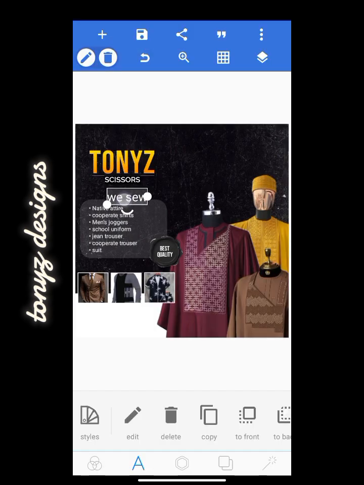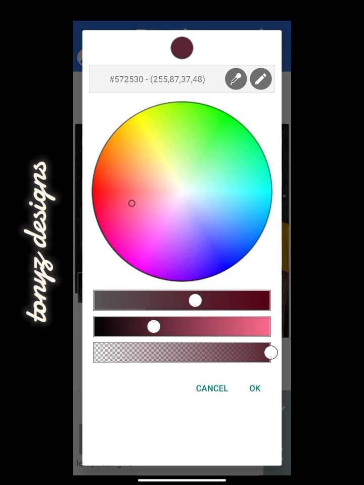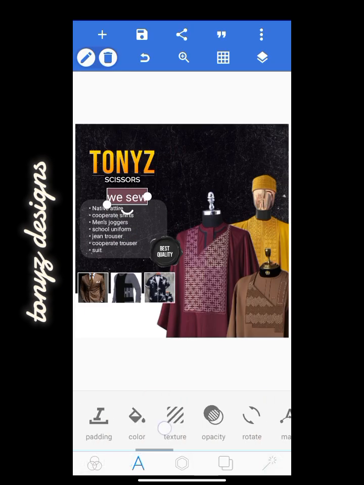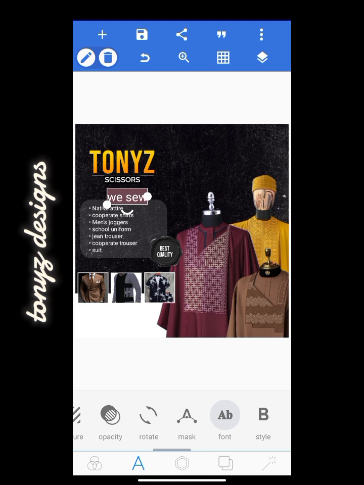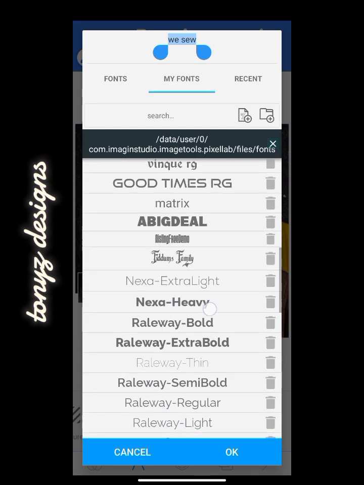okay, and we'll be adding a background to this also. So we'll go over to background, enable a background, and make use of this particular color. Okay, so this is the hex code of the color in case you want to also make use of it. And we'll head over to font to select a bold font for this text. And we'll be making use of this